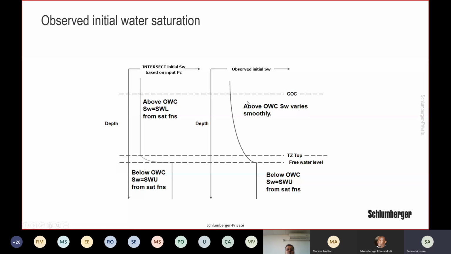However, there are situations whereby you might need to actually honor the observed initial water saturation distribution provided by a petrophysicist or your geomodeler. So in that case, because we know that the reality is that,